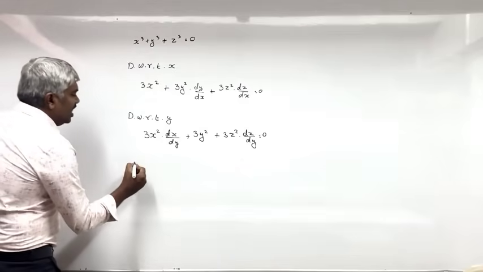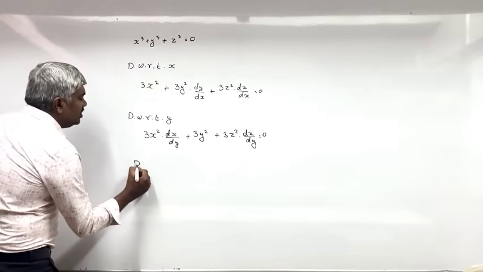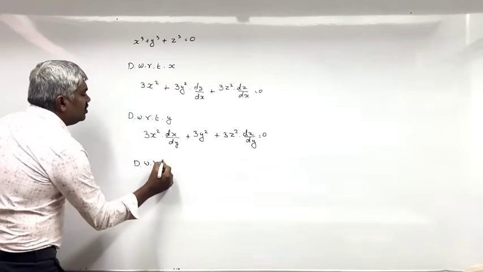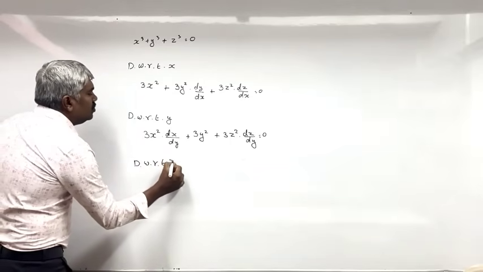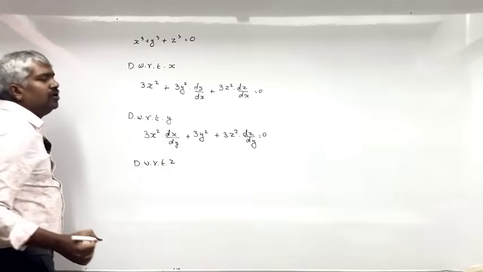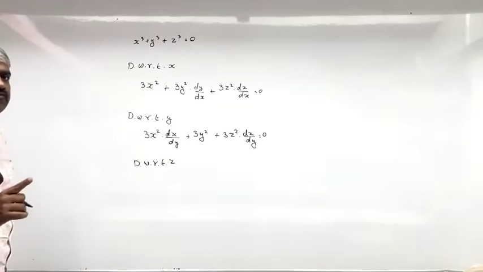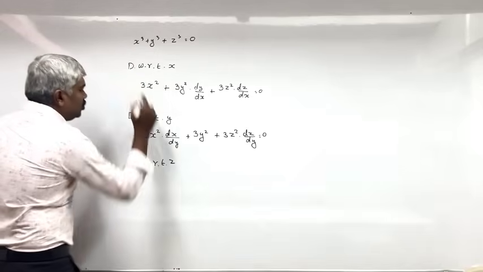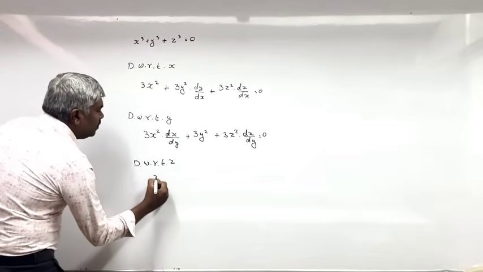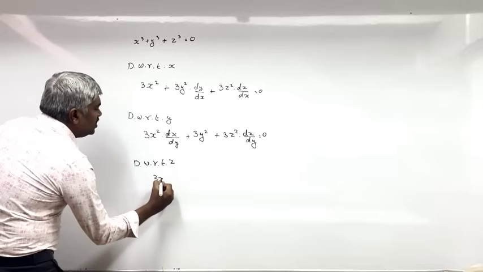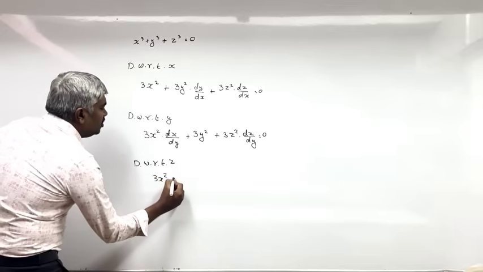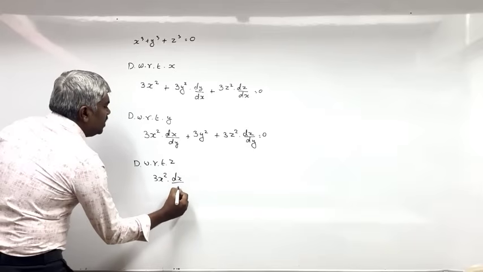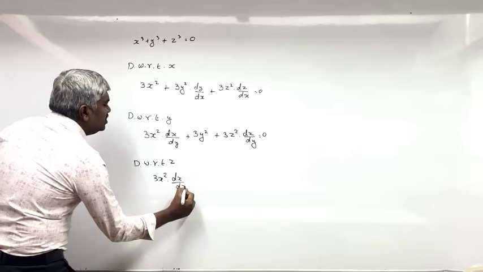Now, the last case, differentiating with respect to z. Now I need to get permission from z. So x cube will be 3x square into dx by dz